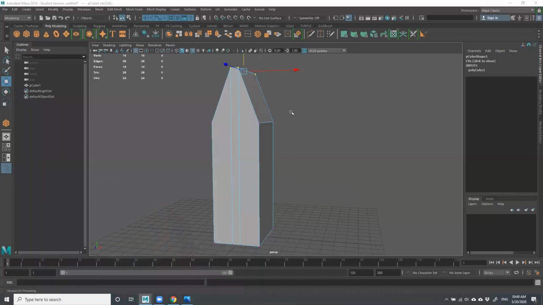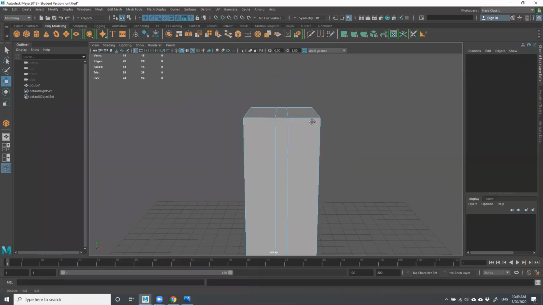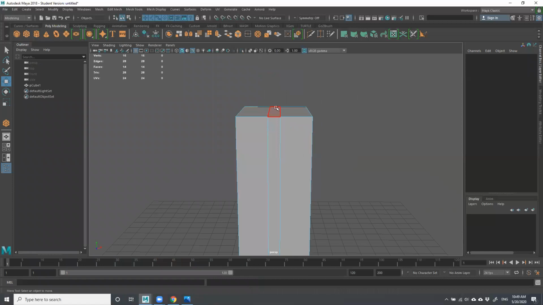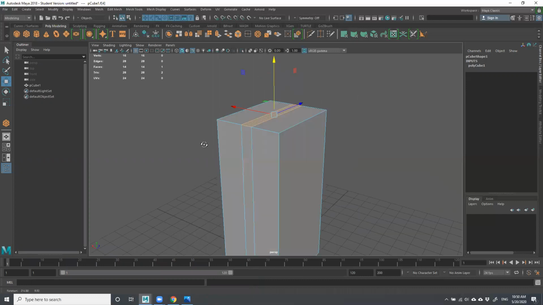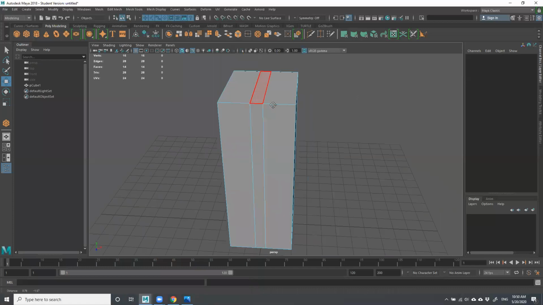So actually, let's go back and answer somebody else's question. I believe that was Andy. So Andy, you were talking about loops. So with the polygons, which is usually what I'm working with here, if I wanted to select some different things here,